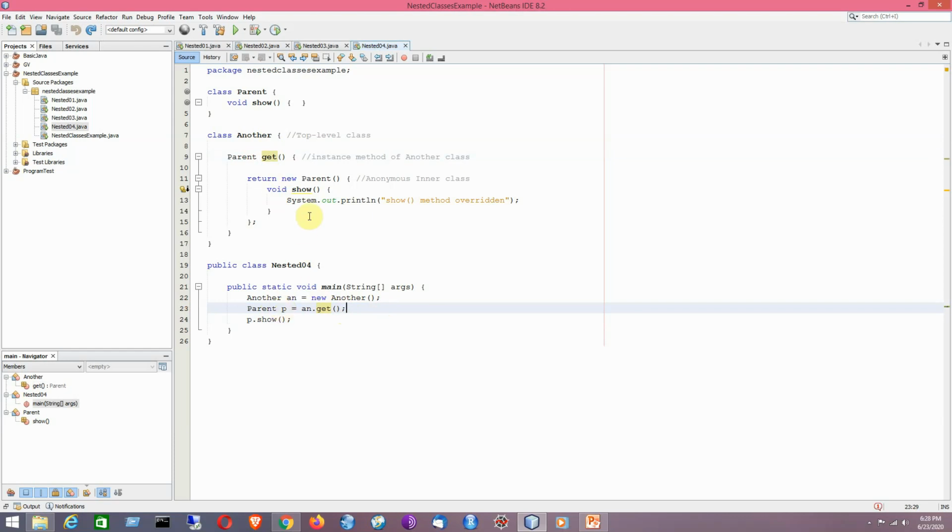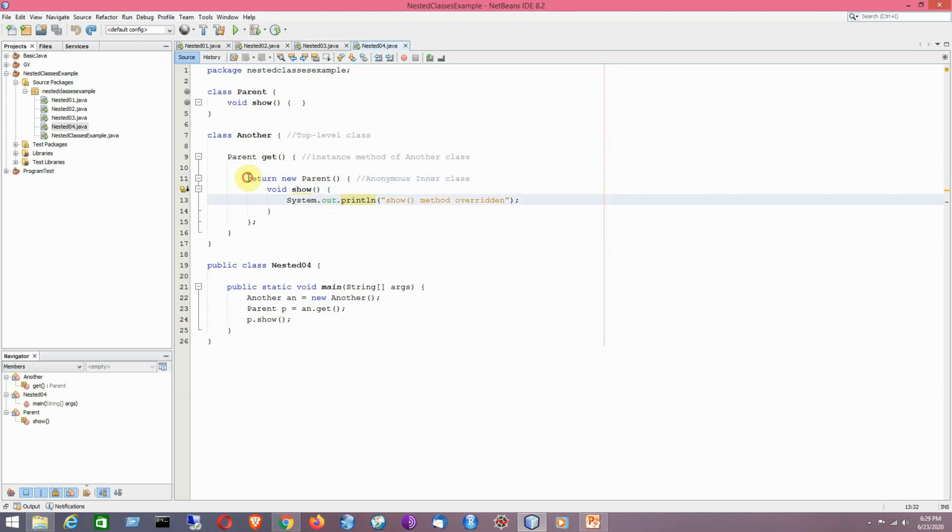So in that way, it will be having an object of its child class, though I have not used the extends keyword here explicitly. That is the speciality or beauty of this code. Like Parent p equal to n dot get, though I have not used any extends keyword here, it will be creating an object of its subclass. And remember, whenever I use this particular construct like new Parent for creating an object of the parent class, and within its construct I have provided the method show to be redefined, you can have a thing like that.